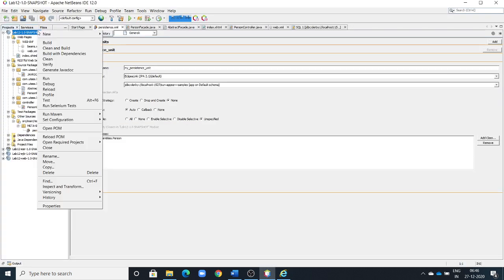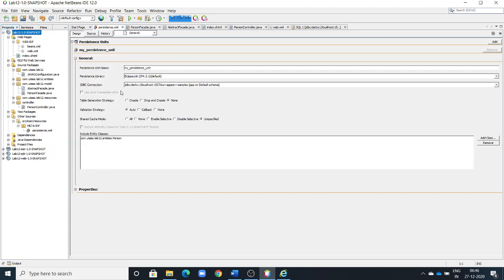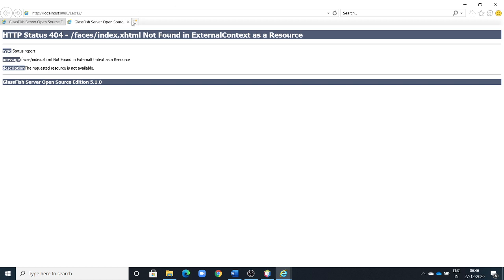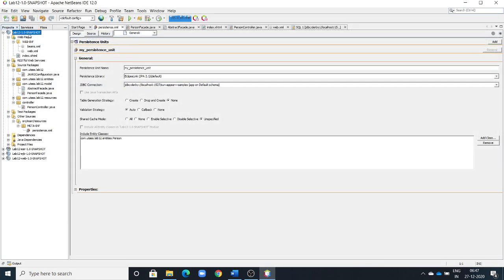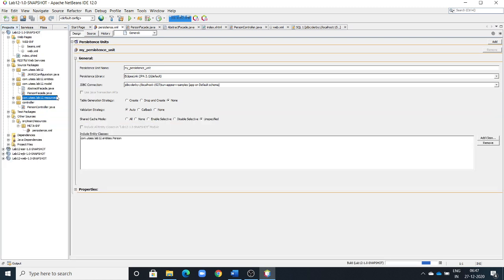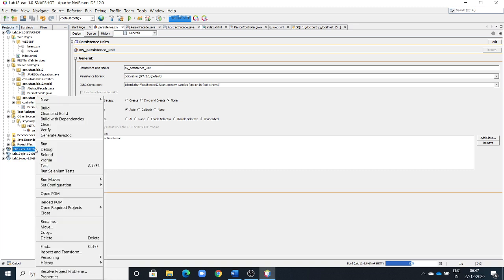Once you clean and build, obviously you need to run. Otherwise, because already it's showing one warning, build with dependencies.